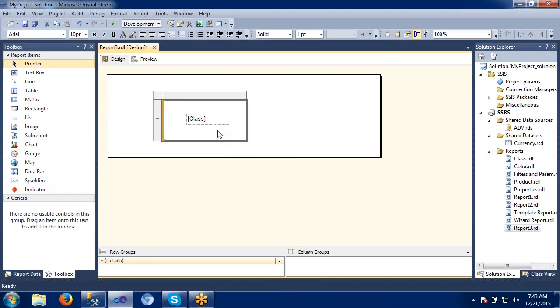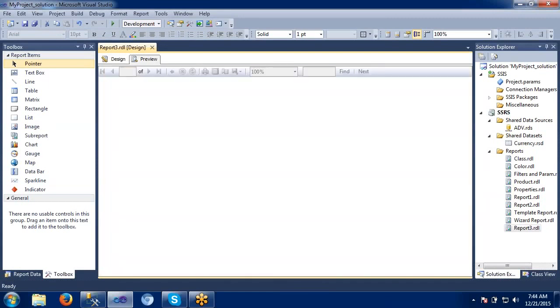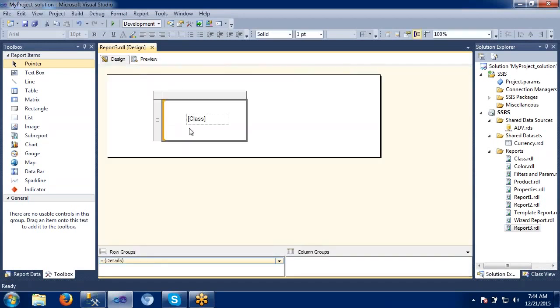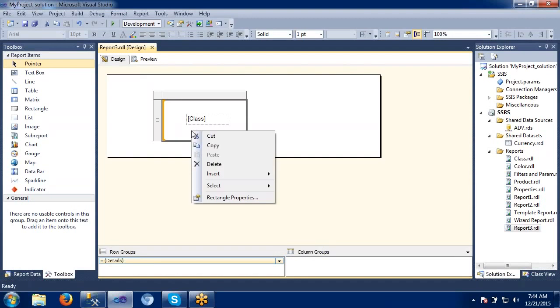It means just one text box where I can use the class. That's it. Okay, let's preview it once. It will show class level details on each page or something. See, it is showing low class, middle class, something. It is showing around 56 pages, right? So like this, we can add our own text boxes here.